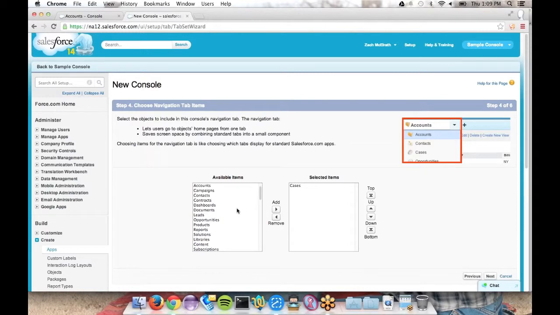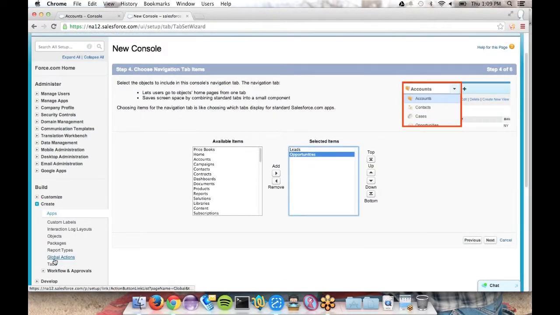And then here's where you pick your navigation, the top-level navigation tab. If I wanted to say leads, let's say pick opportunities, and you can order it however you want. These items are just your Salesforce tabs as you define them through Setup, Create, Tabs. They can be custom object tabs, Visualforce tabs, or web tabs, and we'll see some examples today, both custom object tabs and Visualforce tabs.